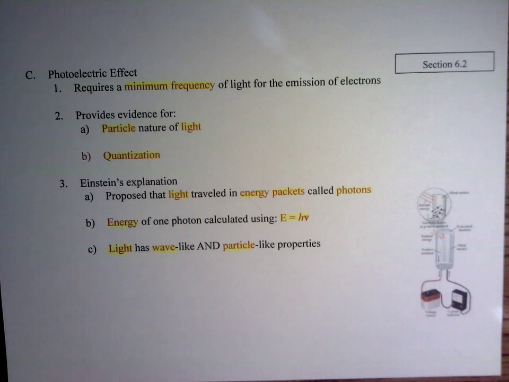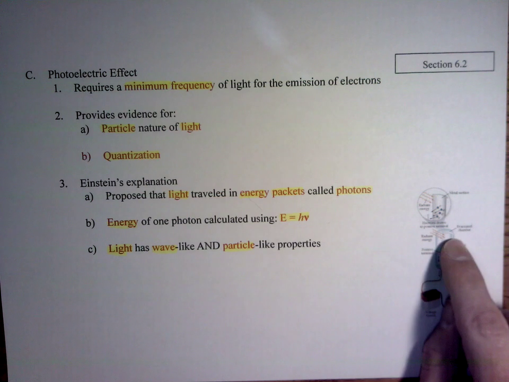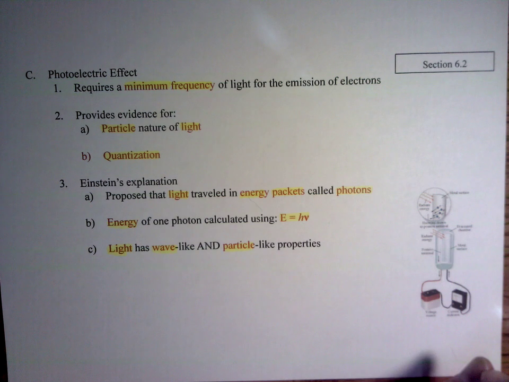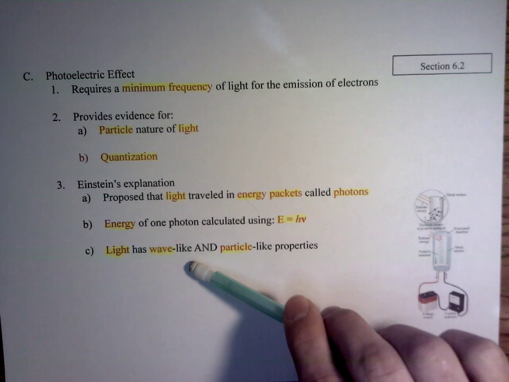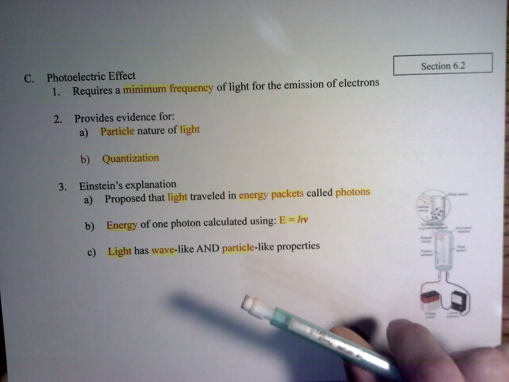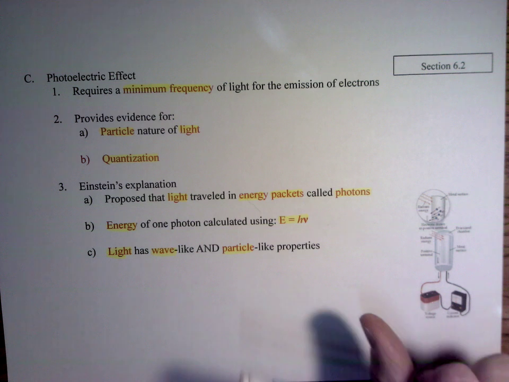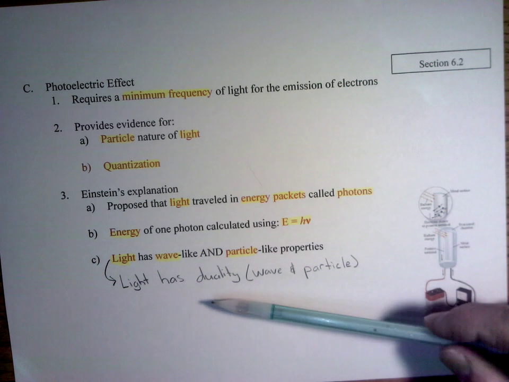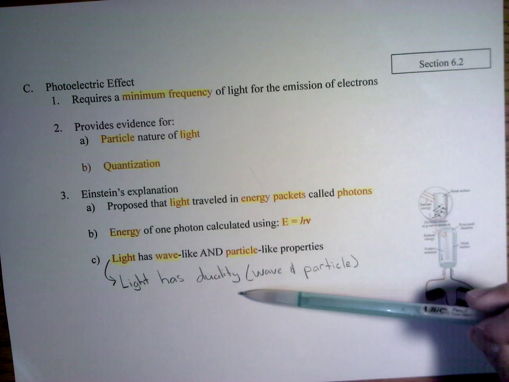Einstein takes that one step further and says, yes, light has to move as a wave, but the only way to pack the punch is it has to also behave as a particle. So this right here, I'm going to write this down, is known or finds that light has a duality. Okay, so again, bottom line up front here with the photoelectric effect, light is considered to be duality, both wave